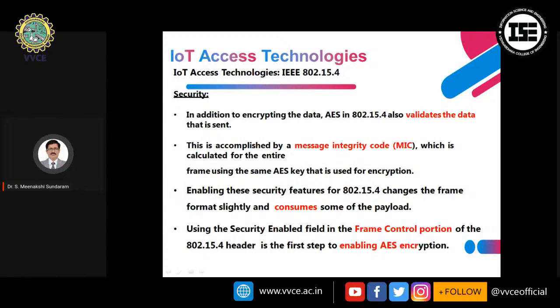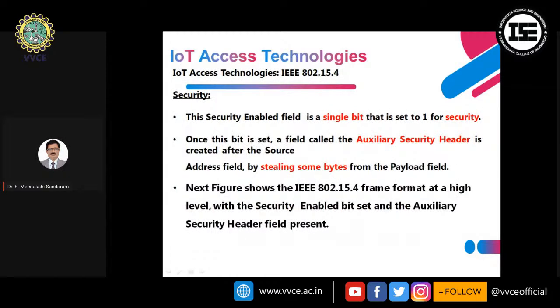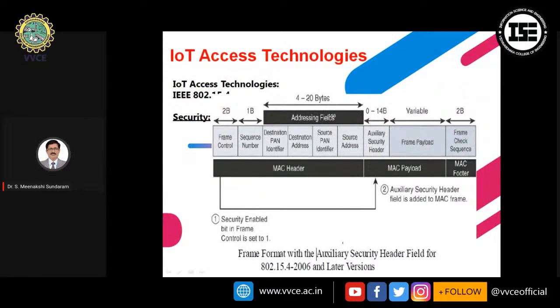Using the security enabled field, the frame control portion of the header is the first step to enabling AES encryption. And the auxiliary security header is created at the source address field, stealing some bytes from the payload field. So this is one example which shows a frame format with the auxiliary security header field for the 802.15.4 2006 standard